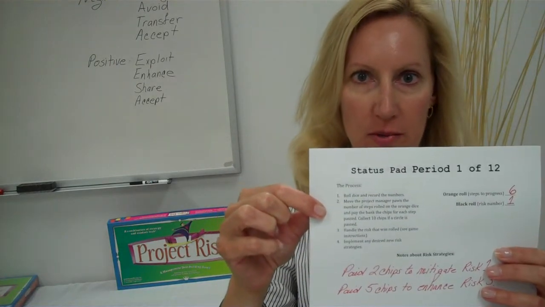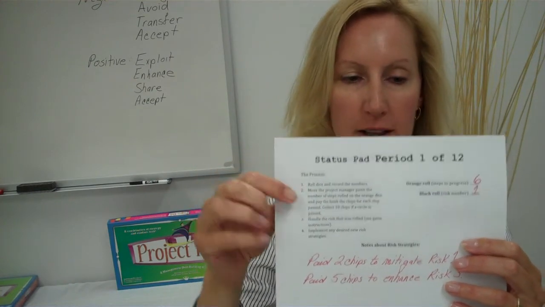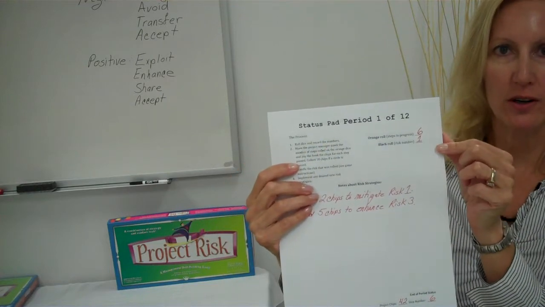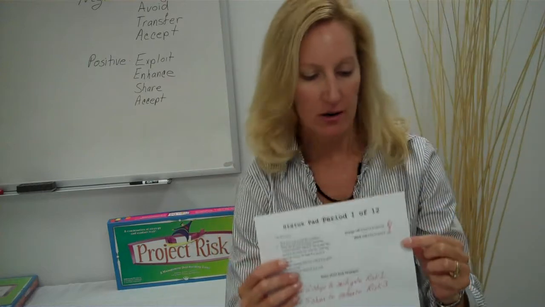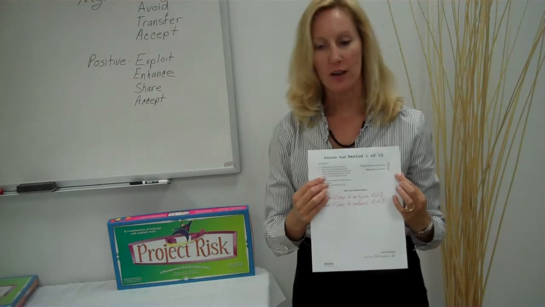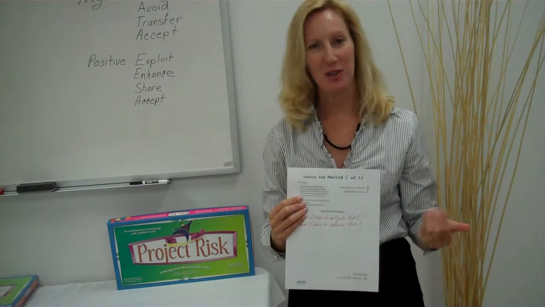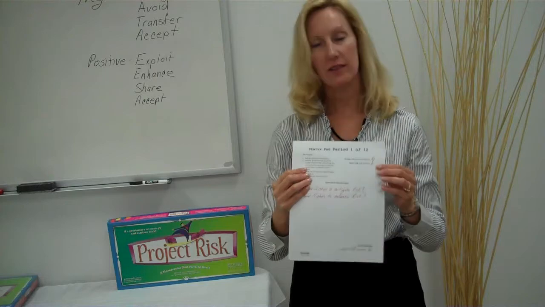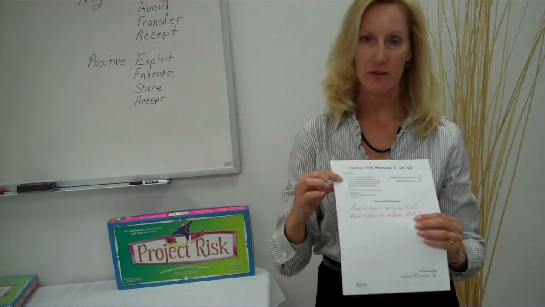every project reporting period. And those steps include first rolling the dice and then recording the numbers. The status pad has a segment up here where you're going to record the orange dice roll and the black dice roll. And while your participants are new at the game, for a little while they're going to have to remember what the orange dice means, which is schedule, and what the black dice means, and that is the risk. And so the pad first helps them in that way,